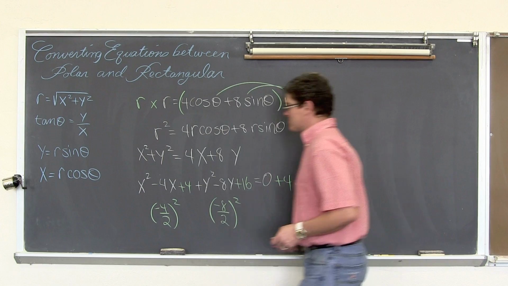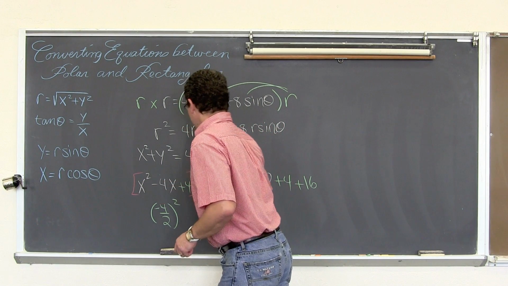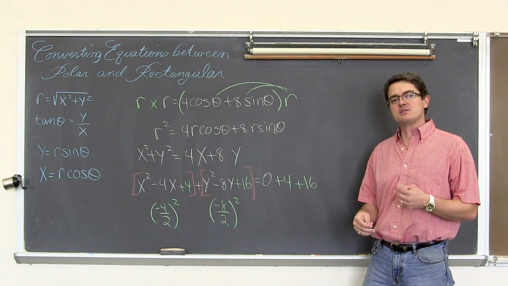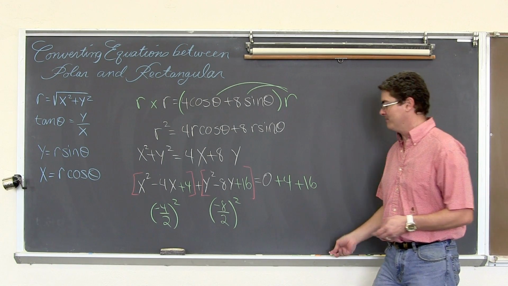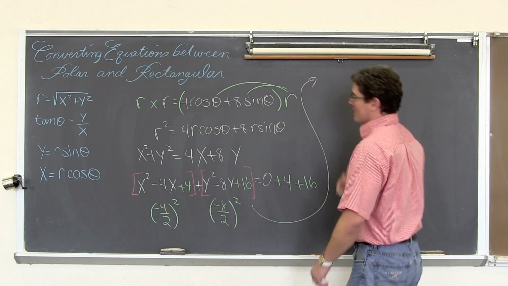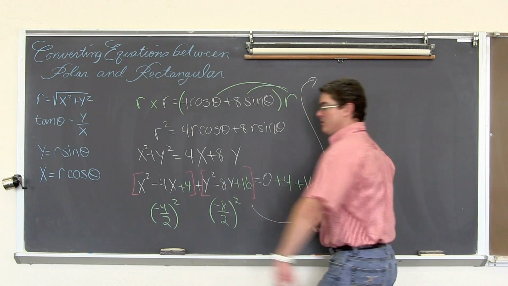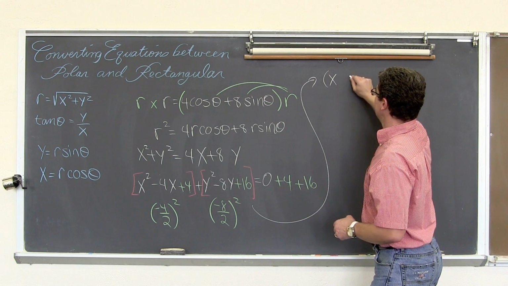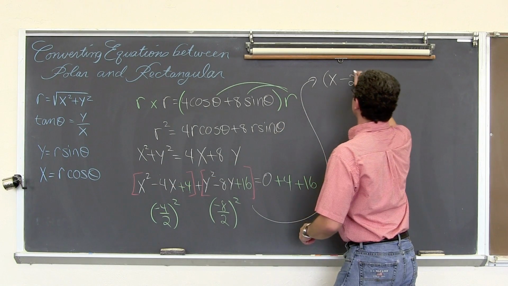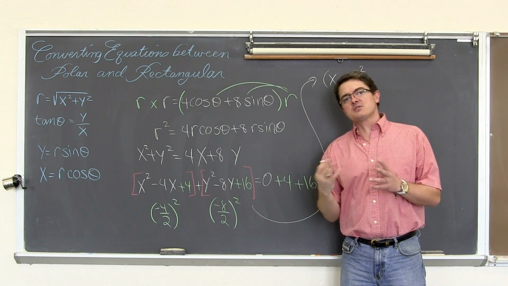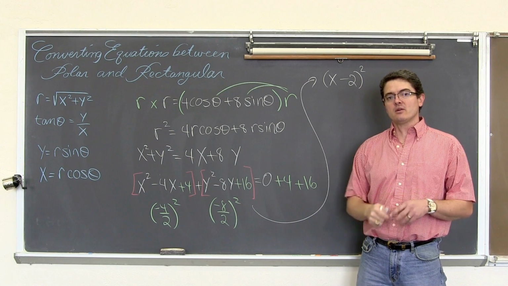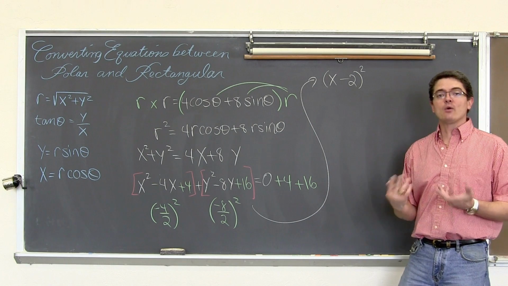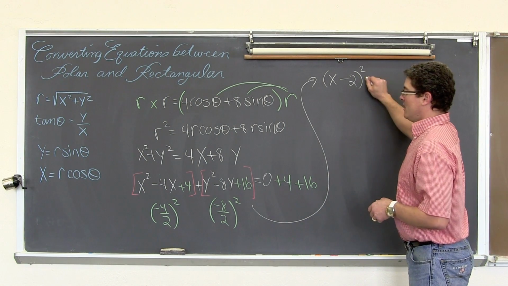Now, when you complete the square, you create what is called a perfect square trinomial, which is a trinomial that is extremely easy to factor. It just follows a pattern. If you want to factor a perfect square trinomial, you square root the first term, you square root the last term, square root of 4 is 2, and you keep the middle sign. And therefore, x squared minus 4x plus 4 is literally just in factored form, x minus 2 times x minus 2. I'm writing it with a power of 2 because it has that fixed pattern.